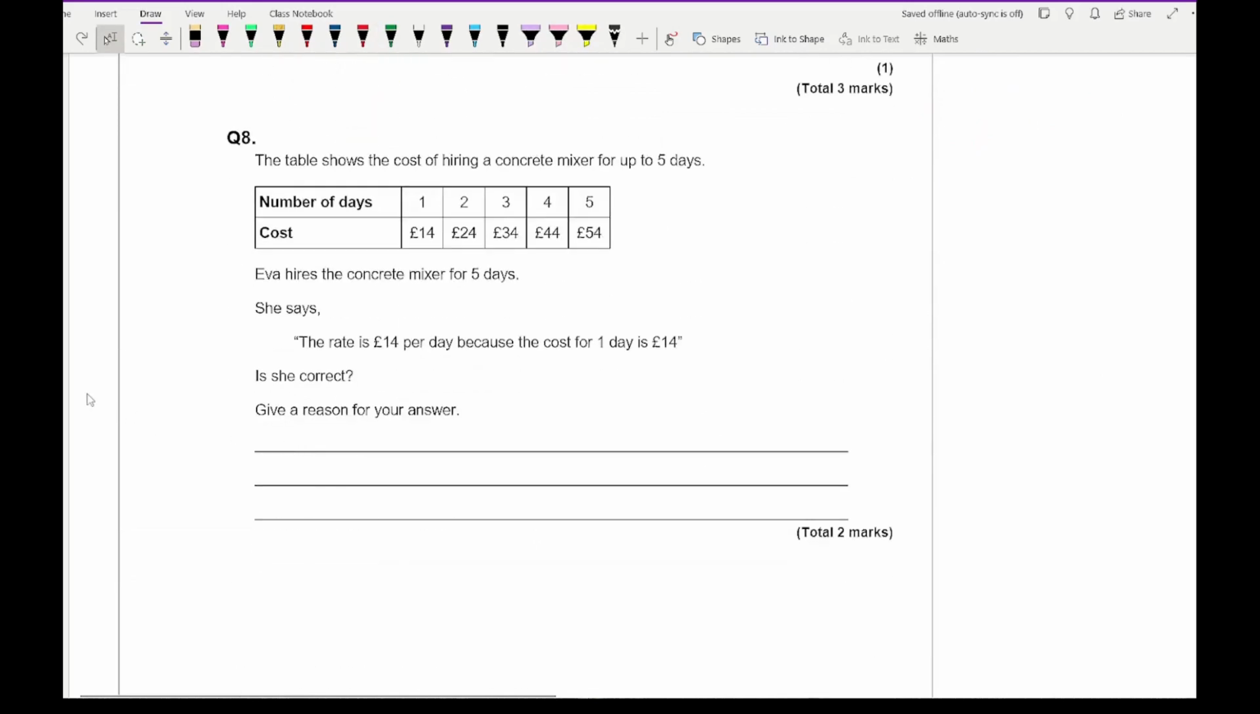Question 8 says that the table shows the cost of hiring a concrete mixer for up to 5 days. And it says Eva hires the concrete mixer for 5 days. She says the rate is £14 per day because the cost of 1 day is £14. Is she correct? Give your reason for your answer. Well, the answer is no, she's wrong. She's not correct. As after the first day,